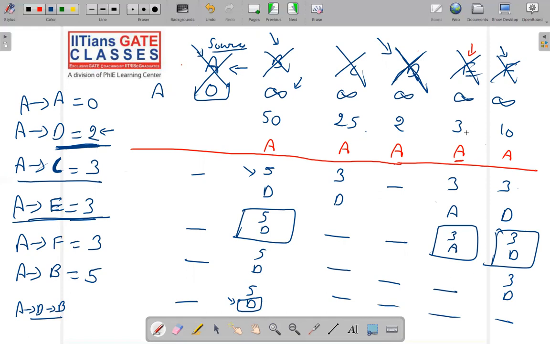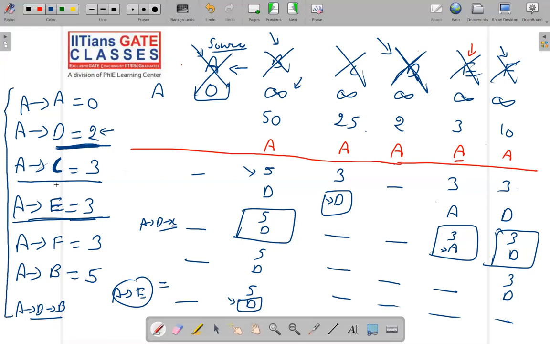If you want to find out what A to E is, you can see that it's via A only. So it's the direct edge. A to E is the direct edge. What is the path for C? You can see that it's via D. That's why I was writing the node here. So it's A to D to C. This is the minimum or shortest path from a single source. Single source is A. A to A is 0, A to D is 2, A to C will be 3, A to E will be 3, A to F will be 3, A to B will be 5. All these are the minimum or shortest paths